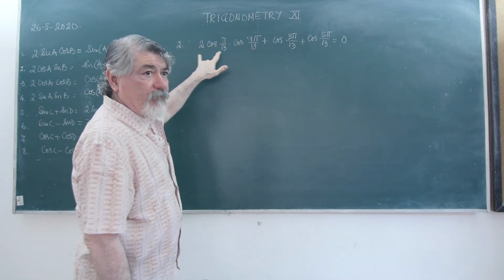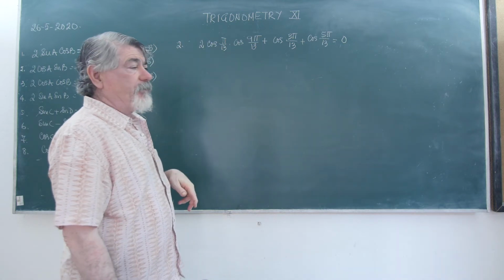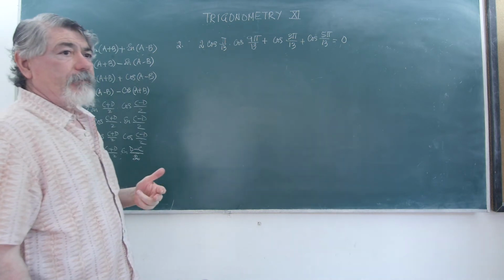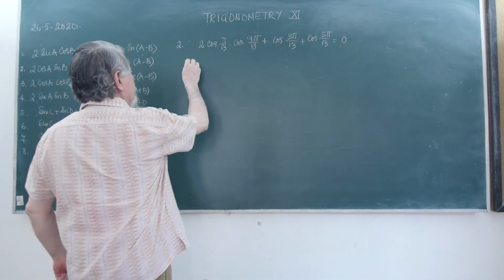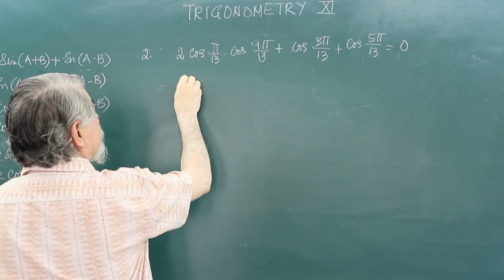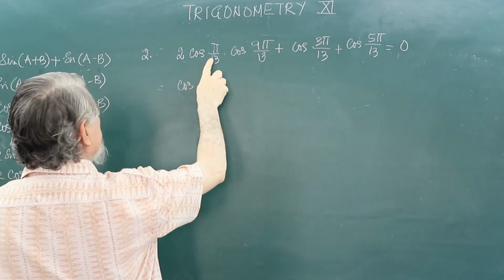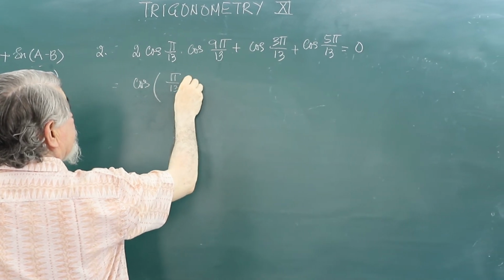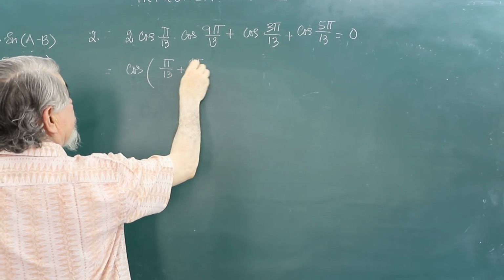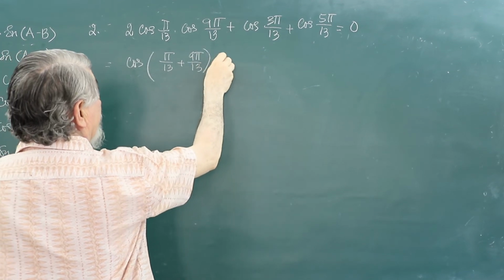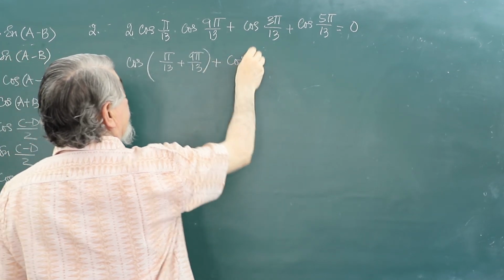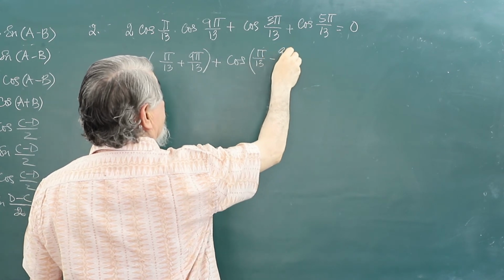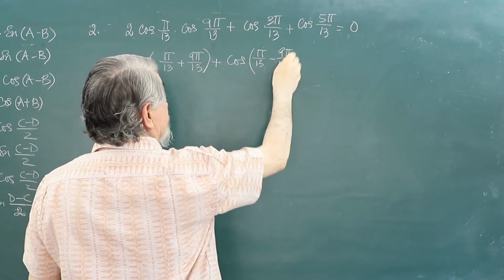So let us apply the formula for 2 cos A cos B. You already have 2 cos A cos B: cos(A+B) plus cos(A−B). A plus B: π/13 plus 9π/13, cos(A+B) plus cos(A−B), π/13 minus 9π/13 plus